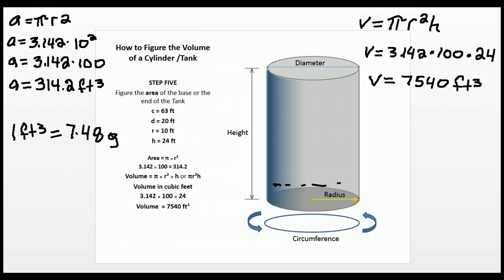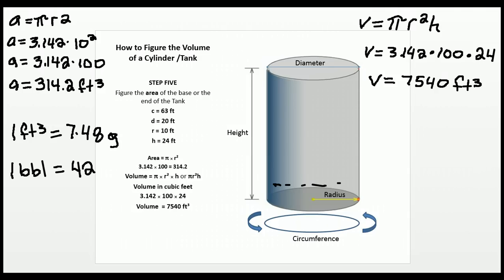So 1 cubic foot is equal to 7.48 gallons, and one barrel is equal to, I don't know why you do it like that, I think it's kind of weird, but anyway, 1 barrel is equal to